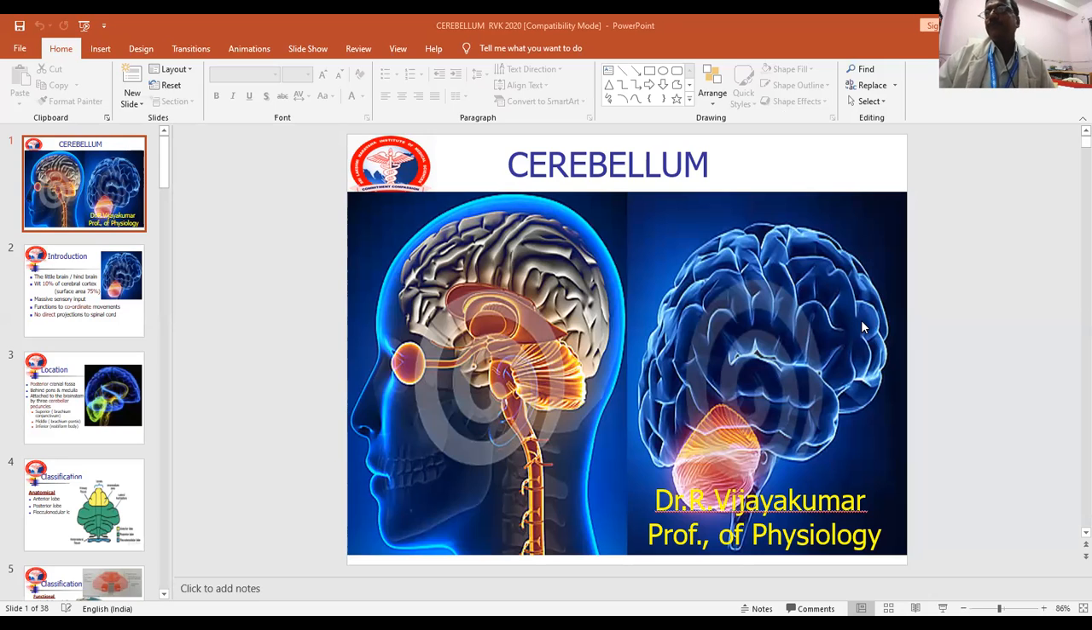Today I am going to take the topic cerebellum. Cerebellum is a major part of the brain which is responsible for maintenance of muscle tone, posture, equilibrium. Cerebellum consists of several parts